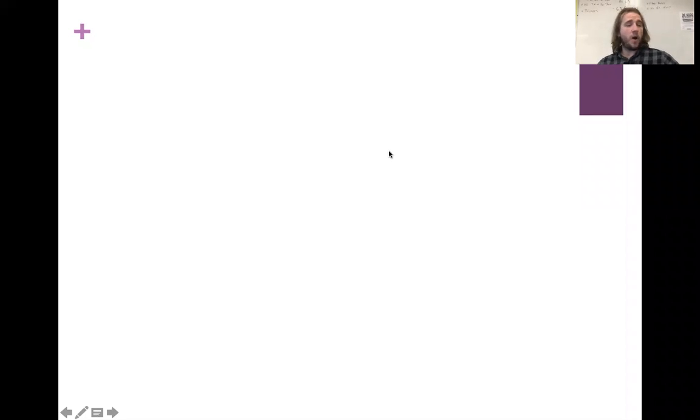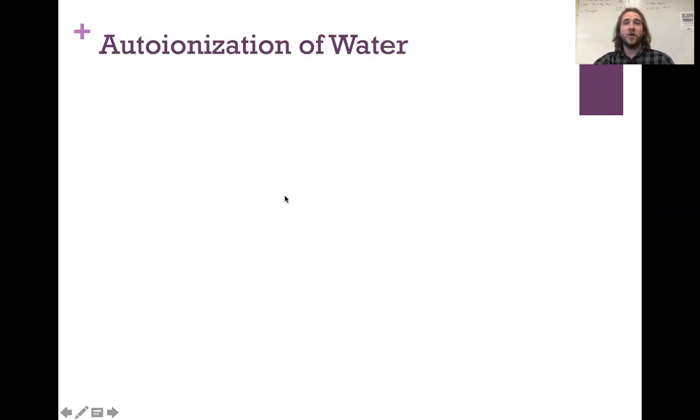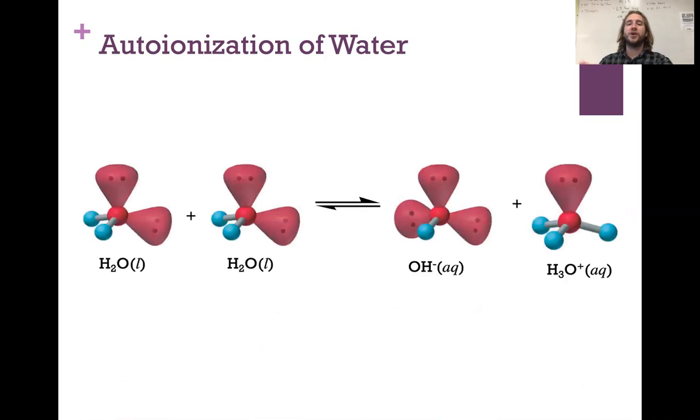We need to talk about water because water is crazy weird. All right. Sorry. So water has this fun little thing. It's called autoionization. Auto does it on its own. Ion makes charged particle of water, H2O. So if you think about two water molecules,